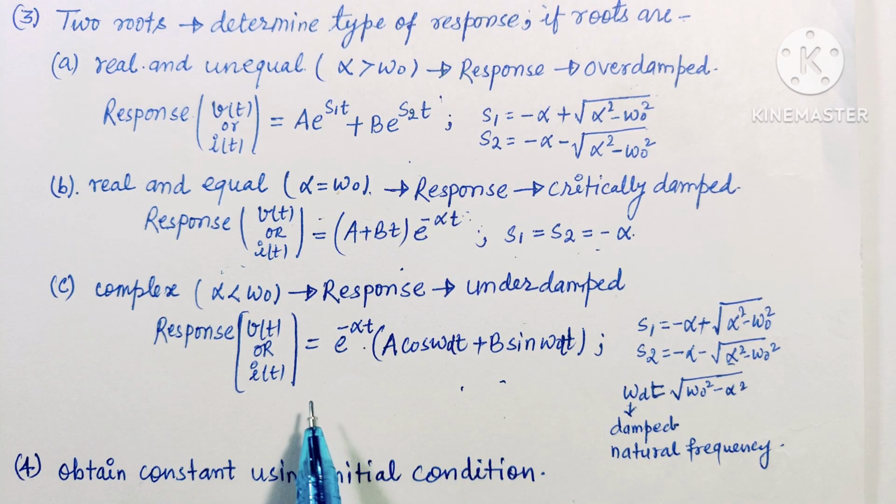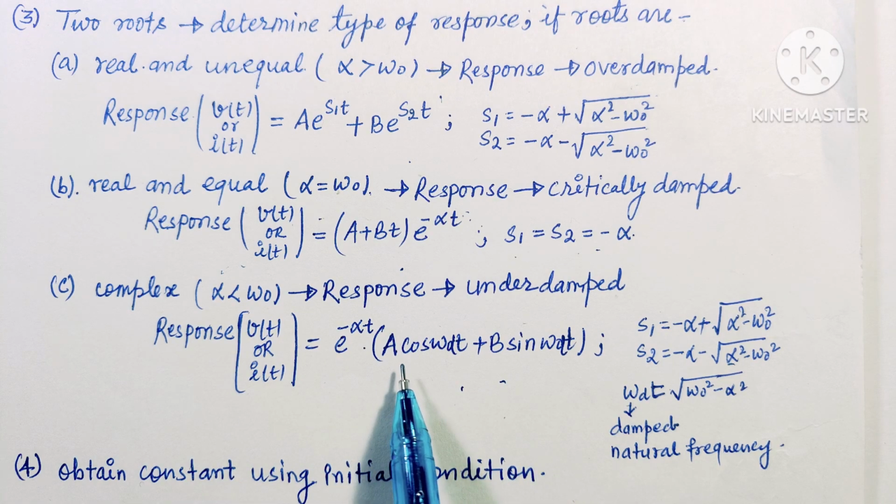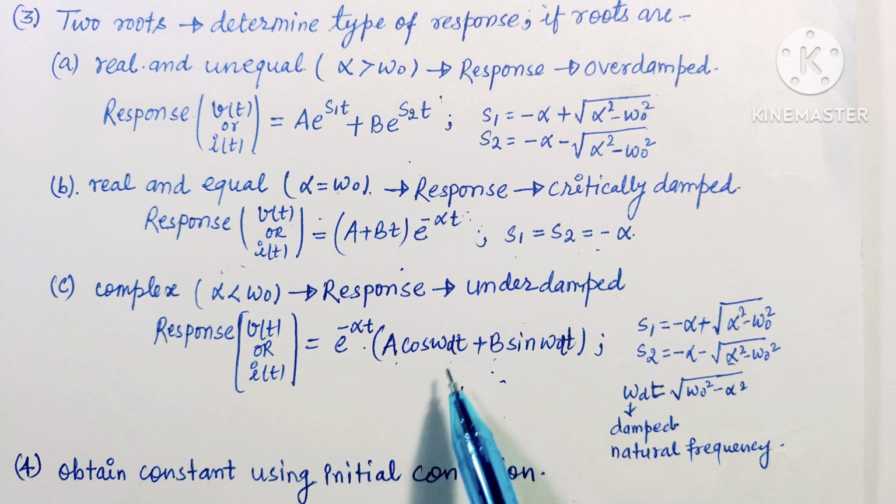Now we can see that we will calculate the equation in this form, and here two constants will be available, that is A and B. These two constants will be calculated by using the initial conditions of the circuit. After calculating these constants, we will put their values in this equation, then our equation will be achieved in simplified form, and this will be our answer.